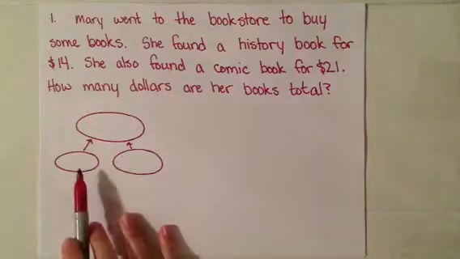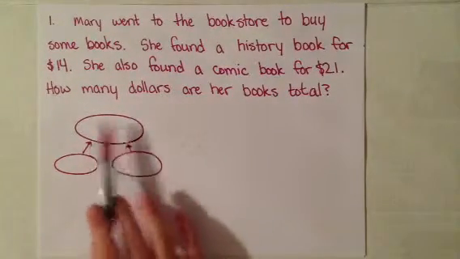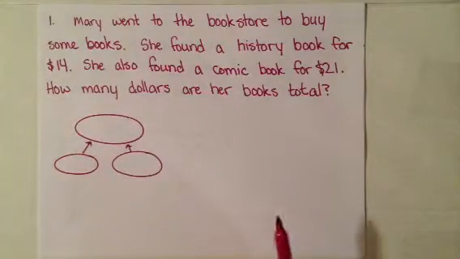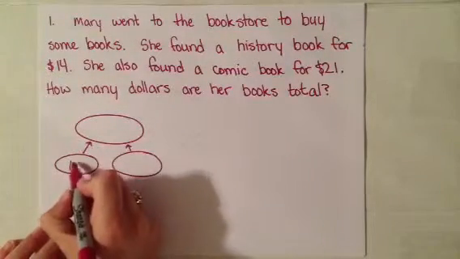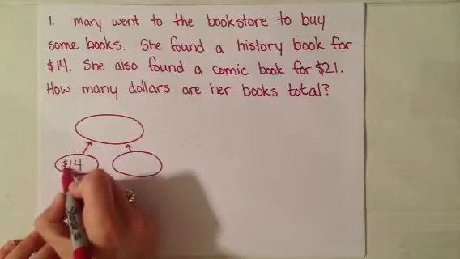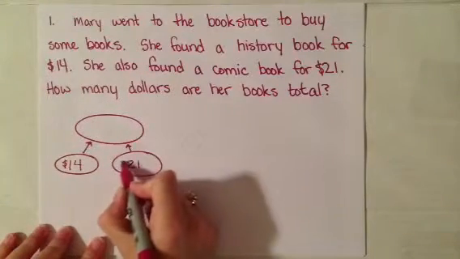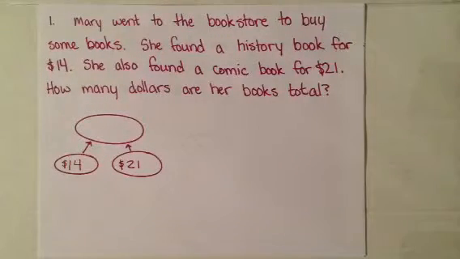We have 2 quantities that are going to combine together to make an end quantity. How many dollars are her books total? Her first quantity is $14. The second quantity is $21. We need to find out what's in there. So for our first number,